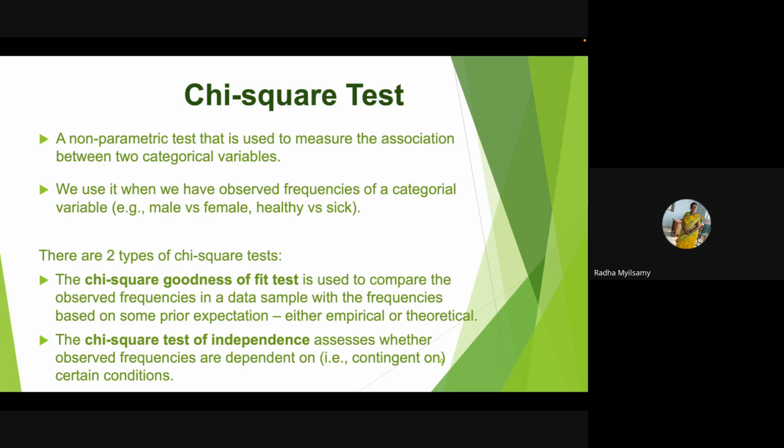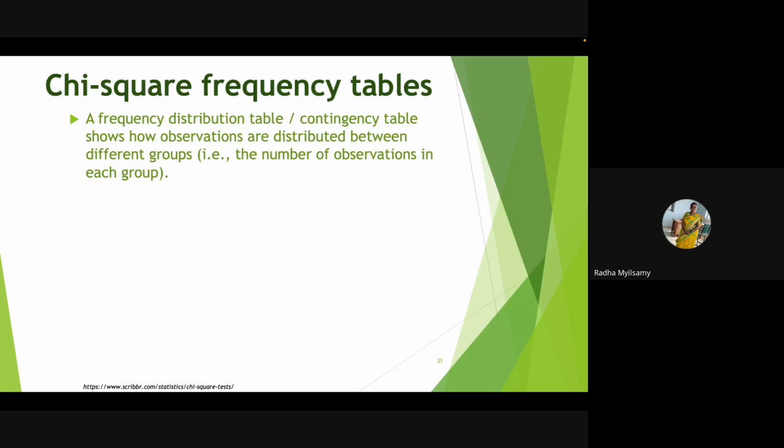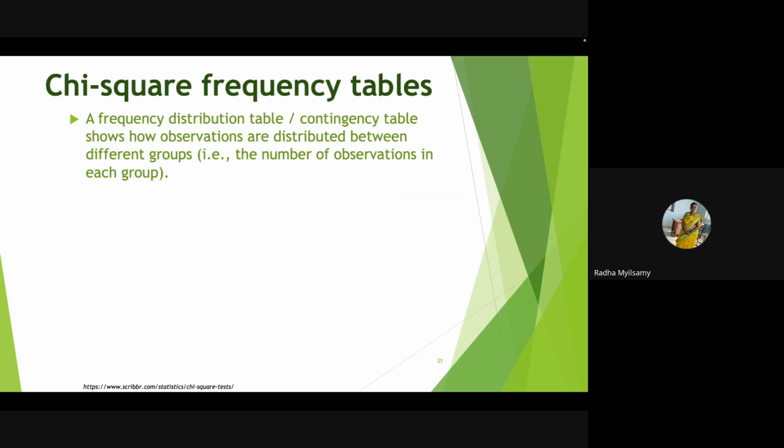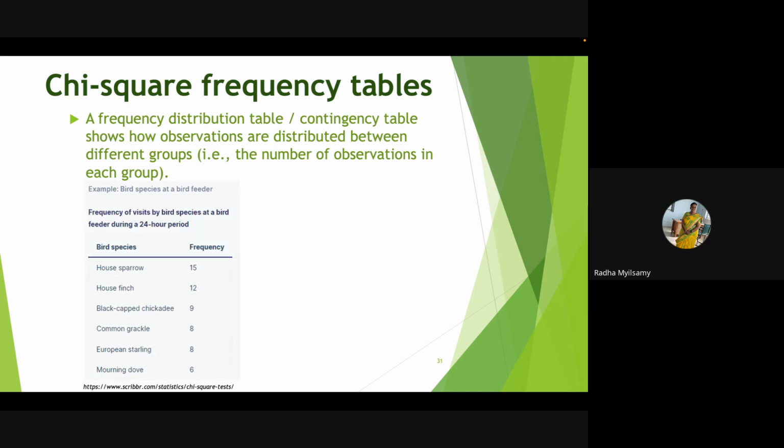And next is the chi-square test for independence. It assesses whether observed frequencies are dependent or independent. That is another type of chi-square test. Generally, the chi-square test of independence is based on a table, called a contingency table. Contingency tables are a combination of two